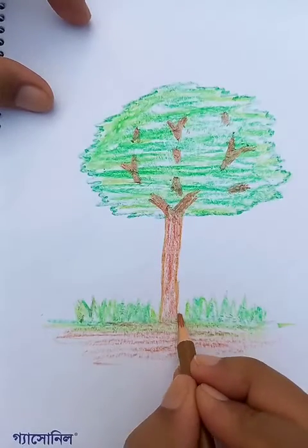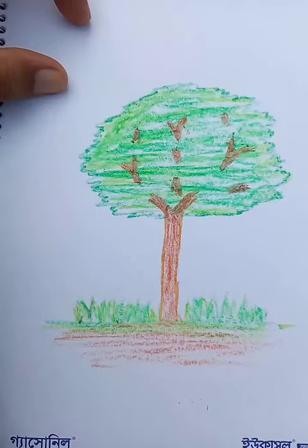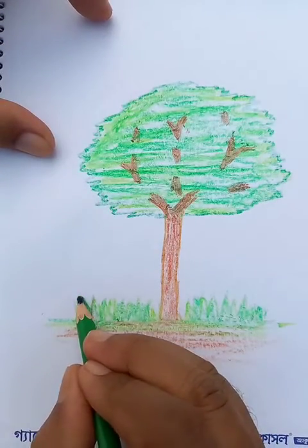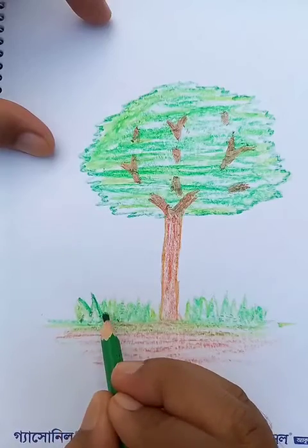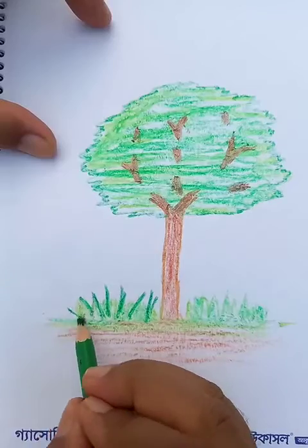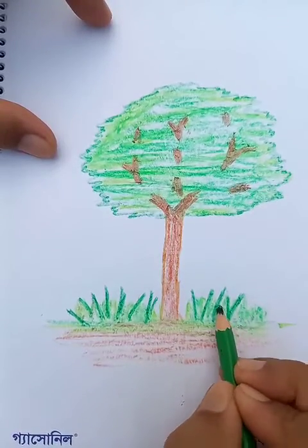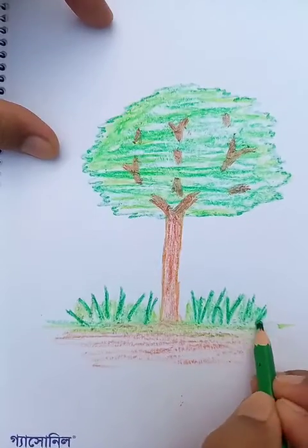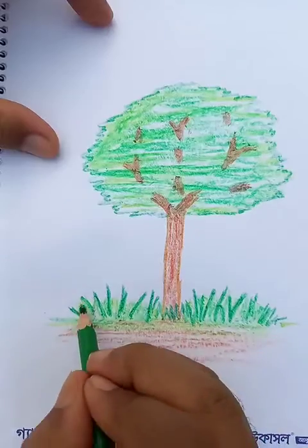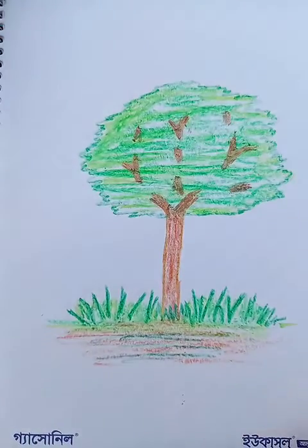Okay, for the ground we're going to use the dark green pencil again. Make some longer strokes like this. All right,